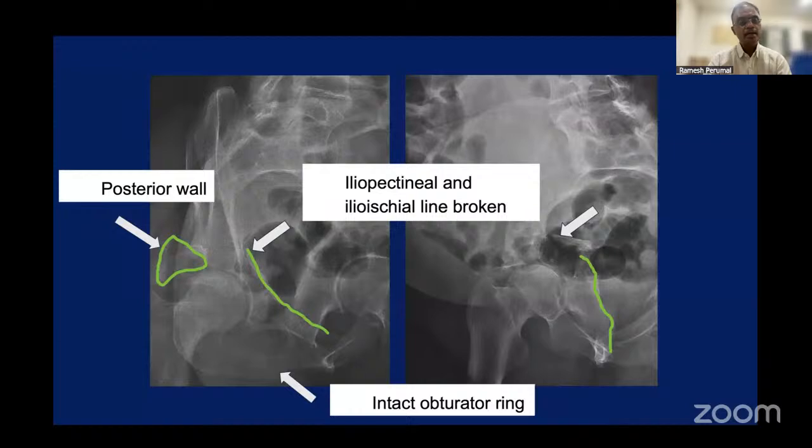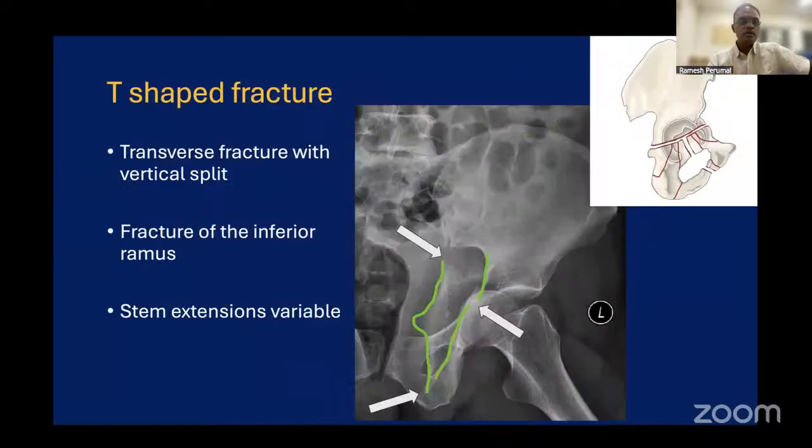When you take a special view, the obturator view, you can see the complete profile of the posterior wall and the broken iliopectineal line with an intact obturator ring, and also in the iliac view, you can see the exit of the ilioischial line. So now coming on to the T-shaped fracture, this is one of the fractures which can be classified as a low bicolumnar also,